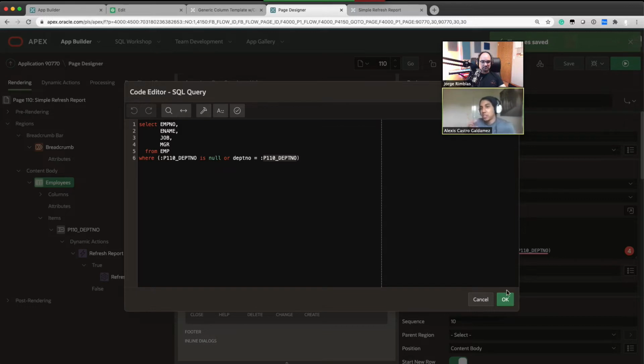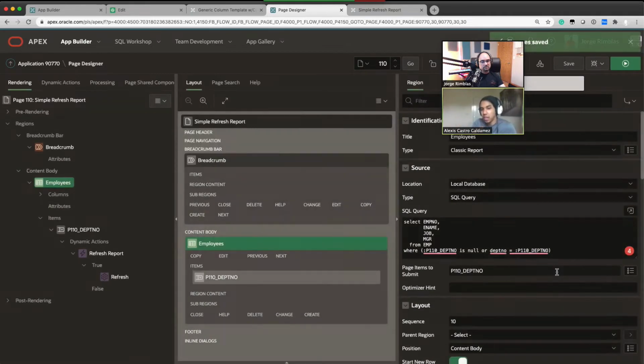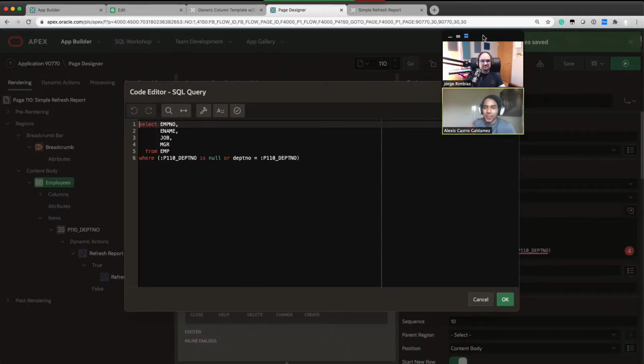Another thing, because that's a good feature of Oracle Apex: when you put the items and you refresh that report, you could be using more Apex items inside this report. And when you execute the refresh, Apex automatically gets the data of all those items and sends it to the server to execute the query again. Because what I was doing, when I didn't know about this feature, when I was young, and I was